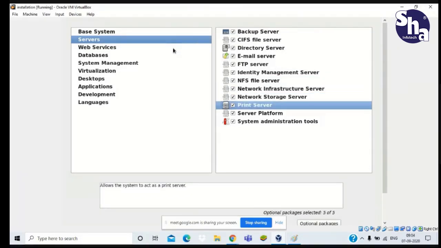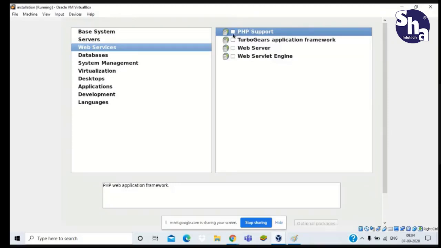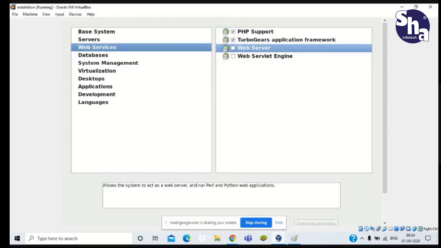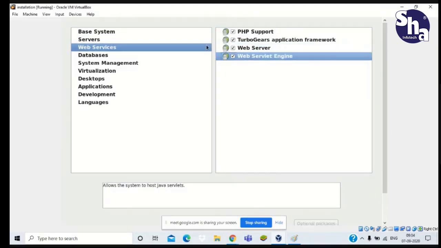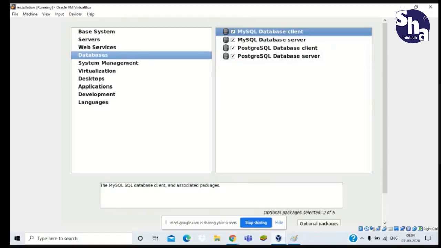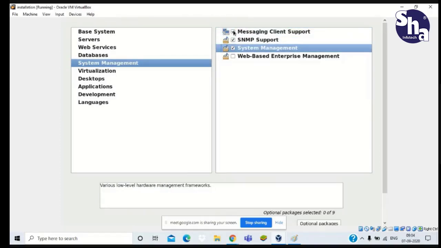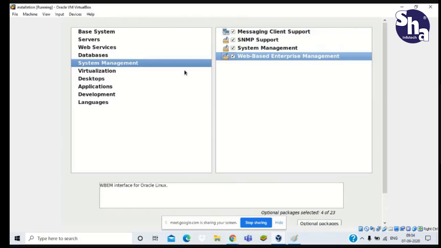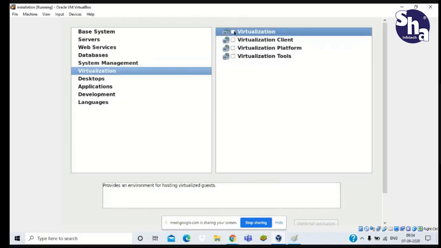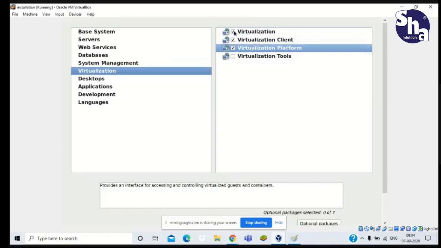Now come to web services. Same. Now come to databases. MySQL database, all are checked. System management next. Select all. Virtualization, this is very much important.